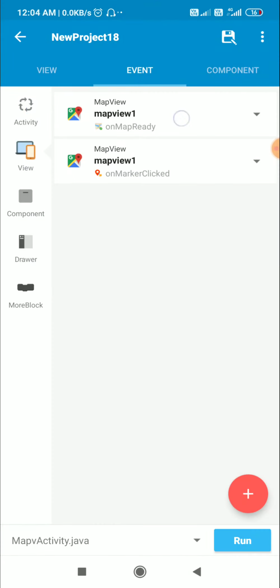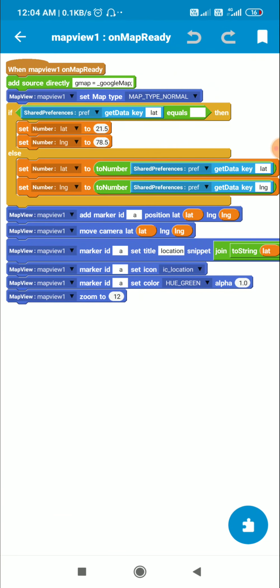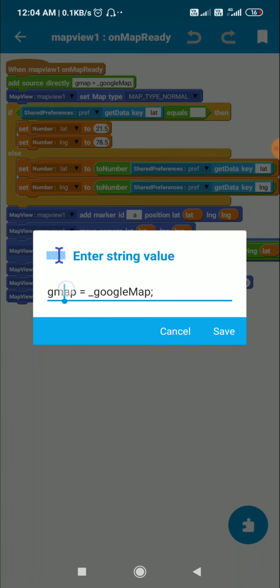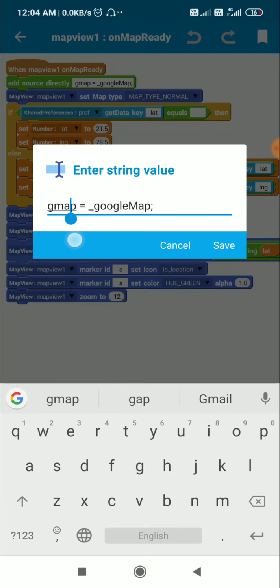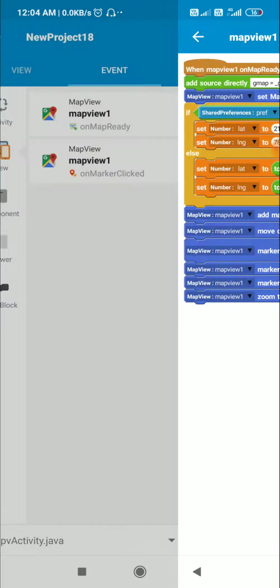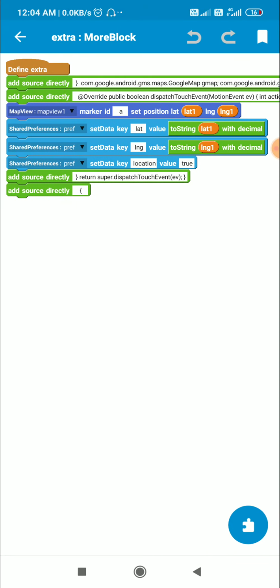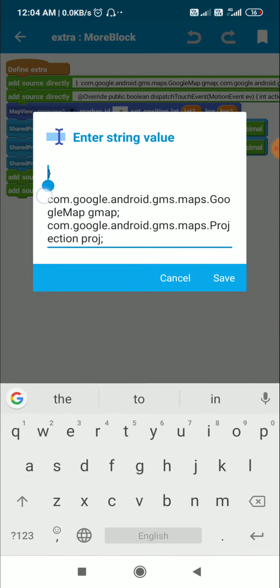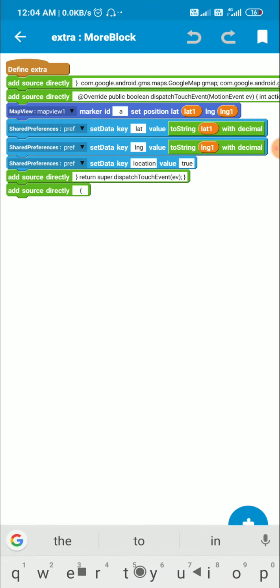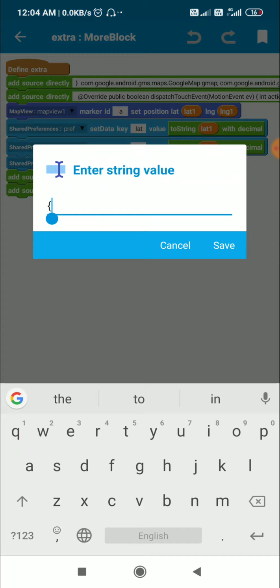Now in the event map view 1 on map ready, here I set a Google map called gmap to underscore Google map. Now for this I have created a more block extra, and here I have this closing curly bracket in the beginning and opening curly bracket in the end.